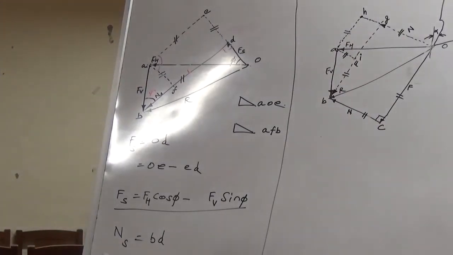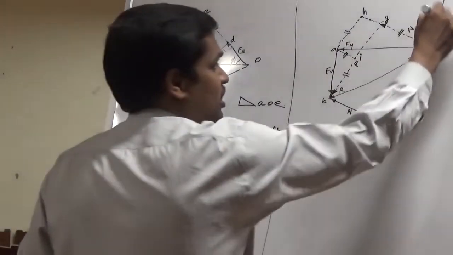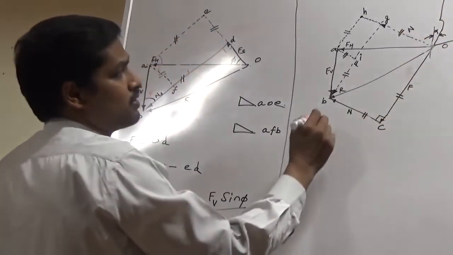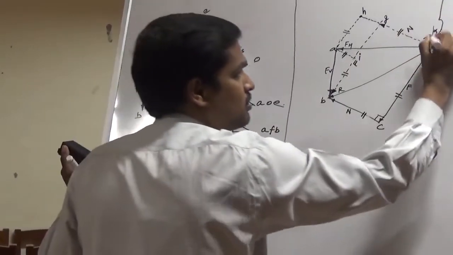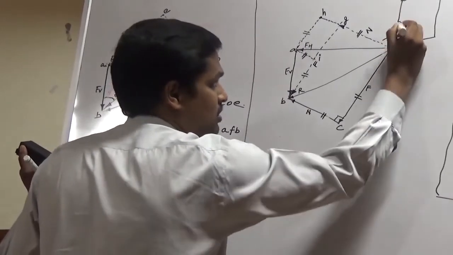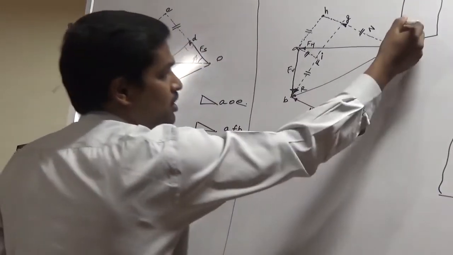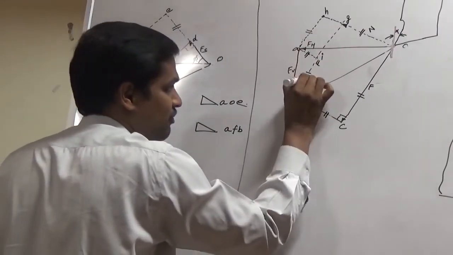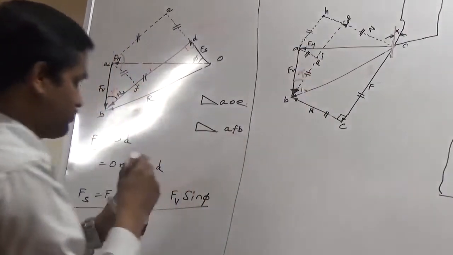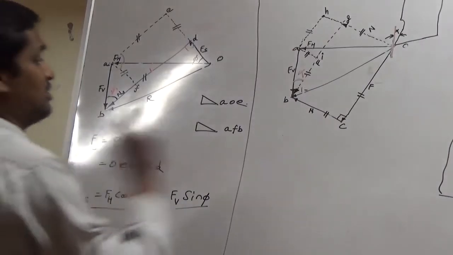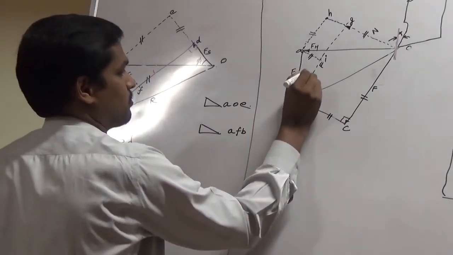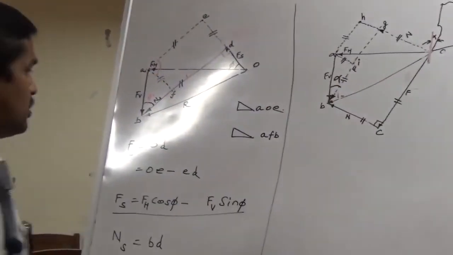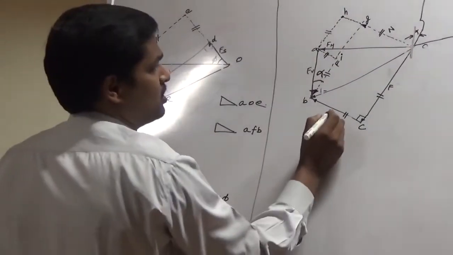And the angle is alpha here. If this is alpha, perpendicular line, I mean vertical line, this inclined line is alpha. Inclined line means F line. Similarly, vertical line, inclined line is alpha. This is alpha. To be clear, this is alpha. So relating this, to find F and N,